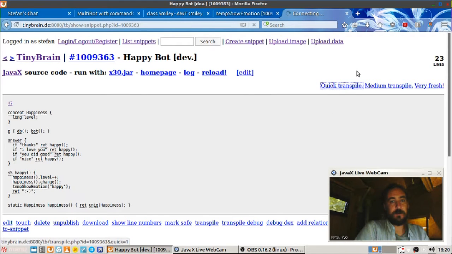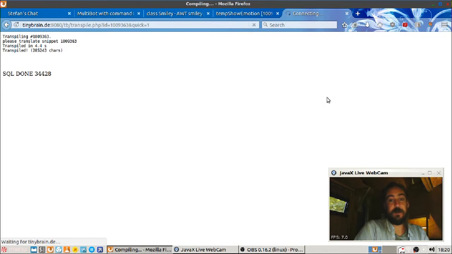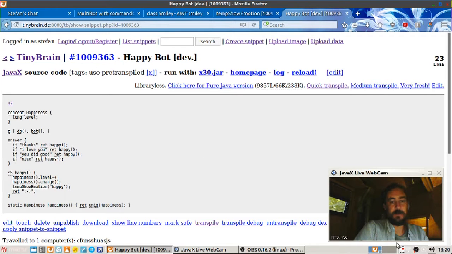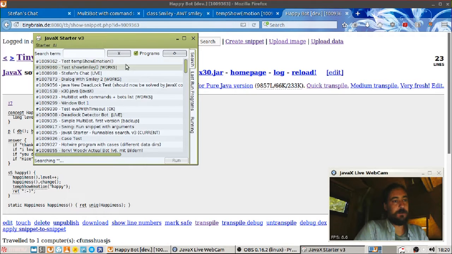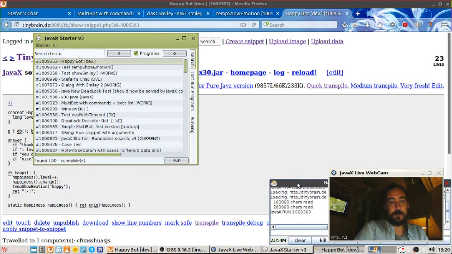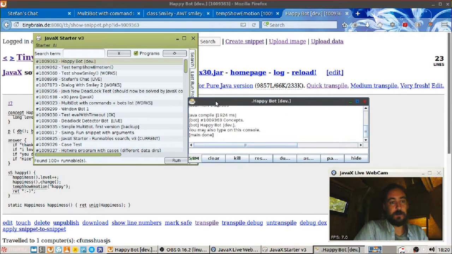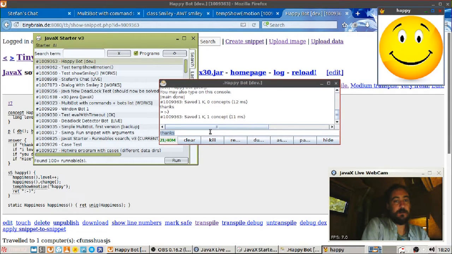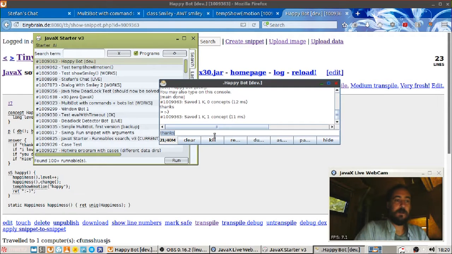I can compile it. This is a special privileged link that not everybody gets, but everybody who asks can get it. Even without the link, you can run this program now. You can just check this. It will show up on anybody's list in the world, unless you created this program non-public, which you can also do. Happy bot is here. It's just a little bland, you know, the interface. I can type here, I can make it happy. It should actually work. Yeah. But I'm not totally happy with this interface.